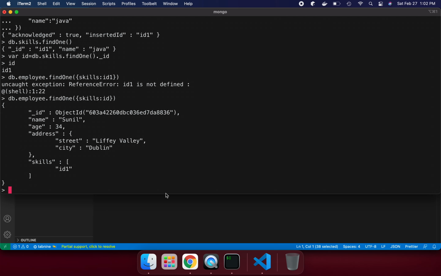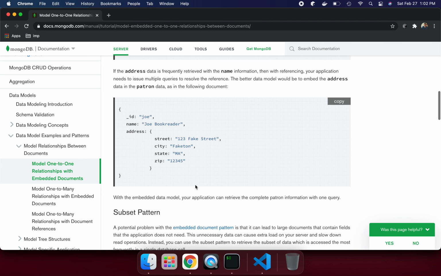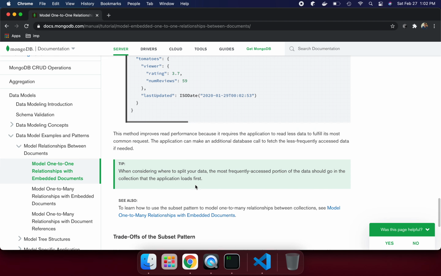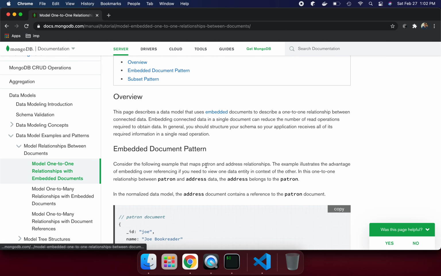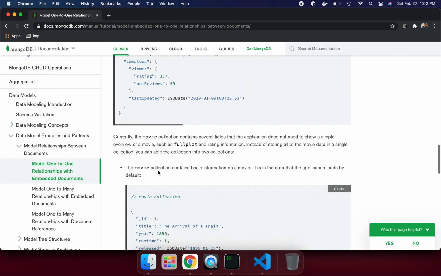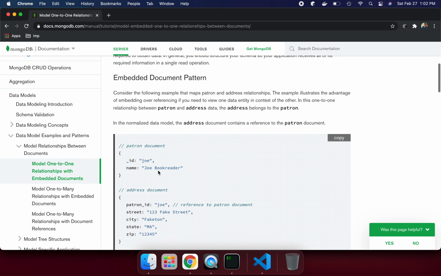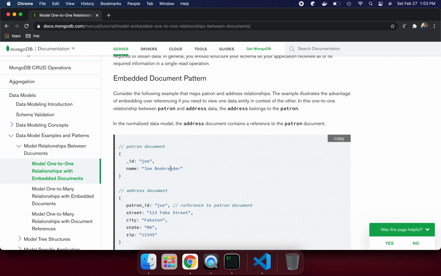But ideally, what is the difference, and why do we need to select embedded documents, or subset pattern documents? Here I'm going to talk a little bit more about what the trade-off is if you go with the embedded documents pattern, and what is good if you go with the subset pattern. Those are the key moments, explained really nicely in the official documentation. So I'm going to explain here and wrap up, and then we'll talk about how we can do one to many and model relationships with documents. These two I'm going to cover in coming lectures.